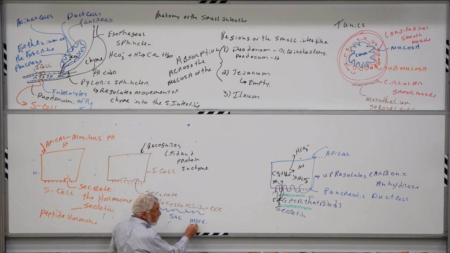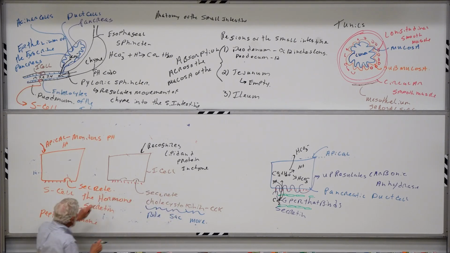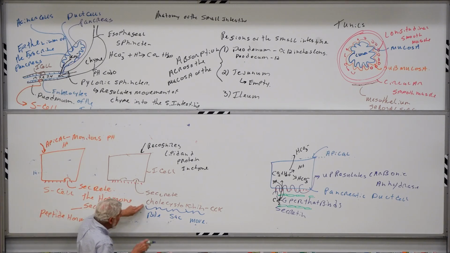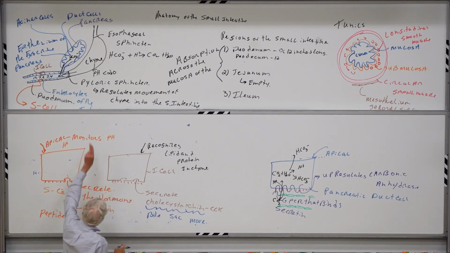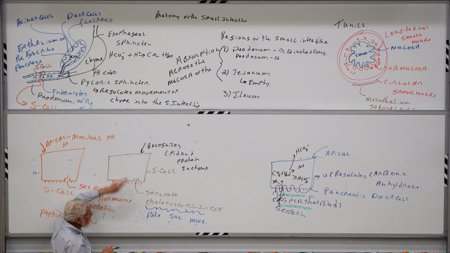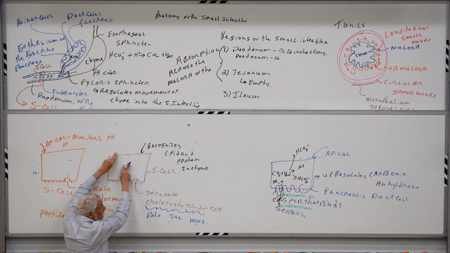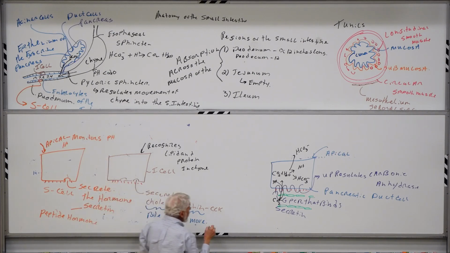Bile, sac, move. Before we understood the effects of CCK coming from the eye cells on the pancreas, it was known that cholecystokinin, if bound to smooth muscle cells in the gallbladder, would cause smooth muscle contraction of the gallbladder and squirt bile into the small intestine. So in response to fat, it would squirt in some bile. But now it's an extension of that. These brown eye cells are recognizing protein and lipid, releasing cholecystokinin. The cholecystokinin then